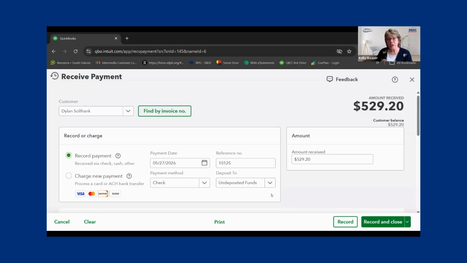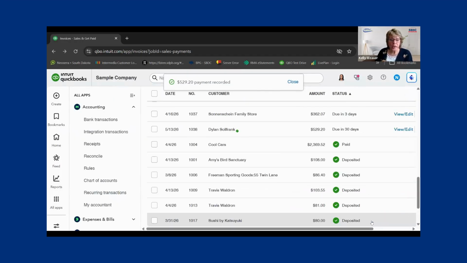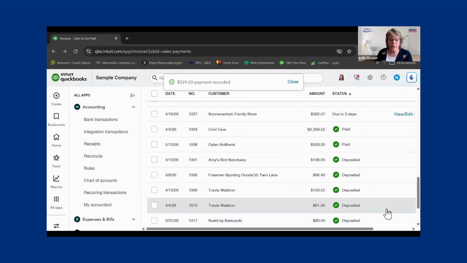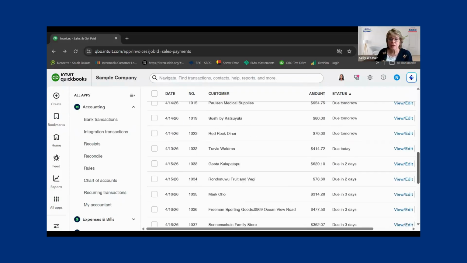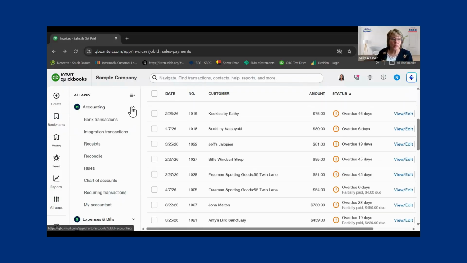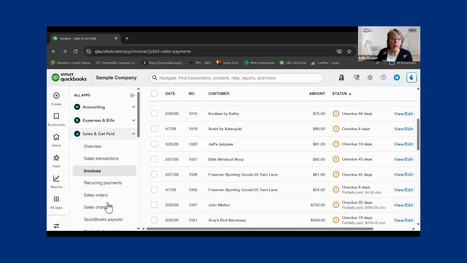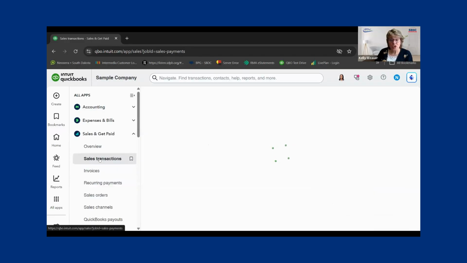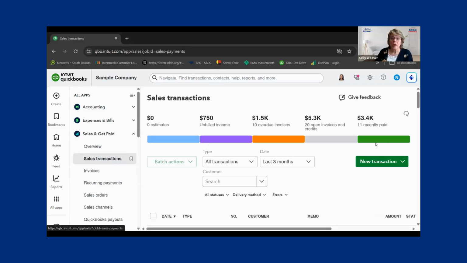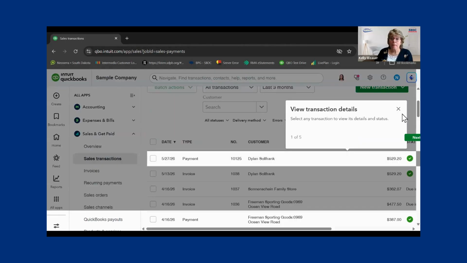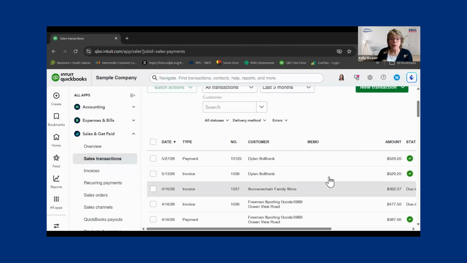So QuickBooks knows now that the customer no longer owes this money, and we have this money over here that needs to be deposited. So we're going to record and close. So that's one way of recording income. The other way of recording income is to do a sales receipt. So if we go back over to our sales and get paid and do a sales transaction, new transaction,